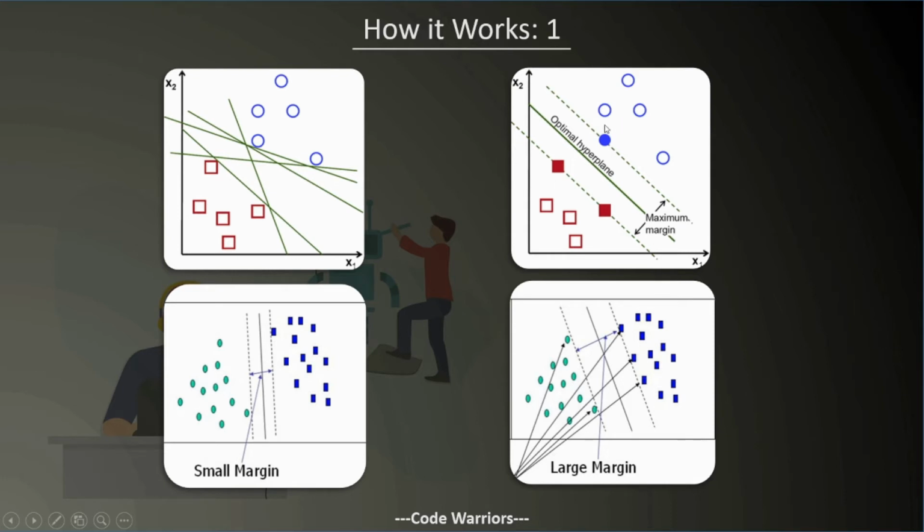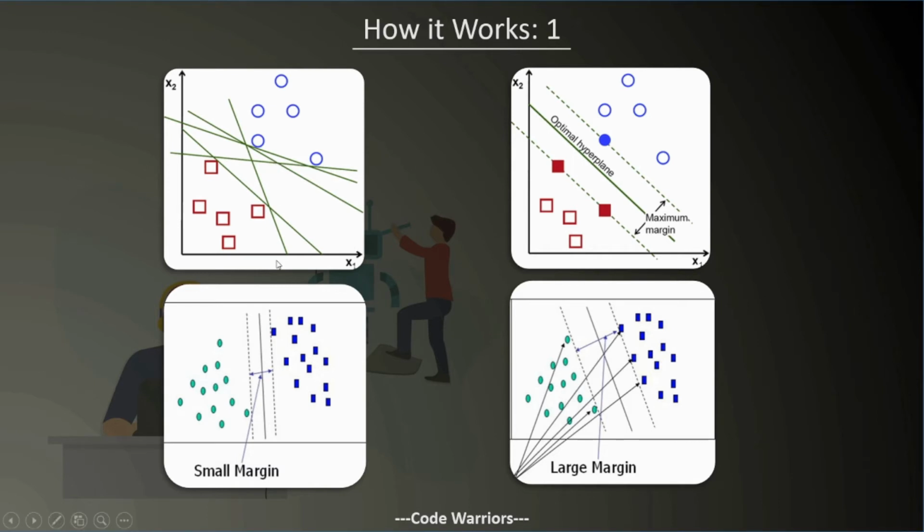When you apply the operation on the data points above, their output will be 1 or more than 1, and that's why they will be treated as the blue class. And when the output is less than -1, they will be identified as part of the red square class, right? And it works by maximizing its margin as much as possible.